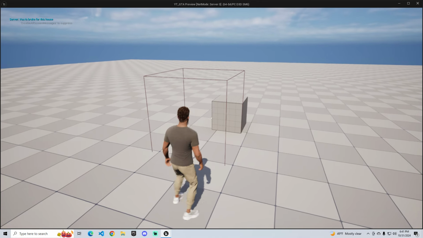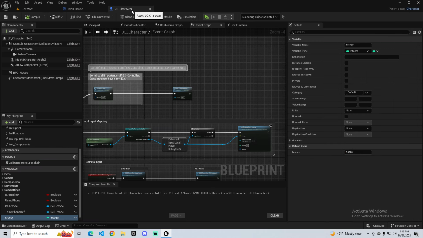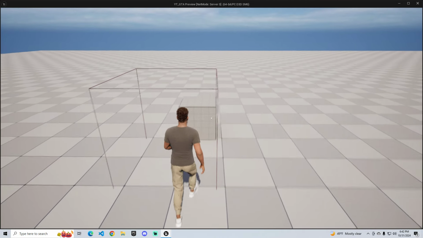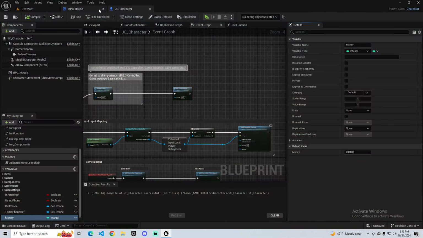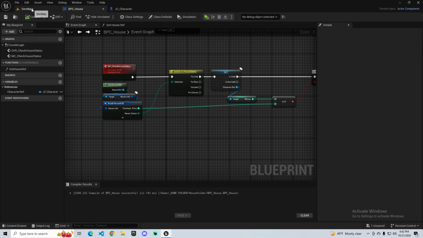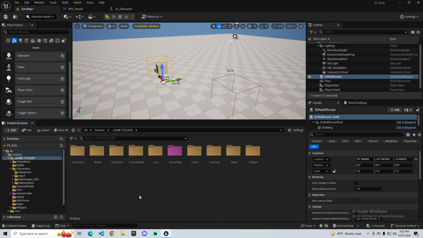Okay? And then now, if the player has enough money, right? Let's say I have 200,000. Okay, so if I have 200,000, it's gonna say you can buy this house. Let's make it white because it's, you know what? I have a better idea. Let's say